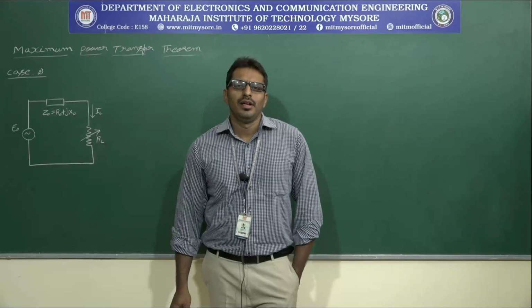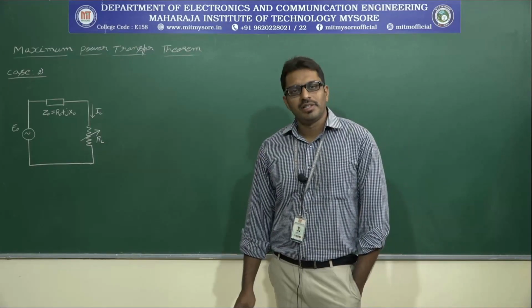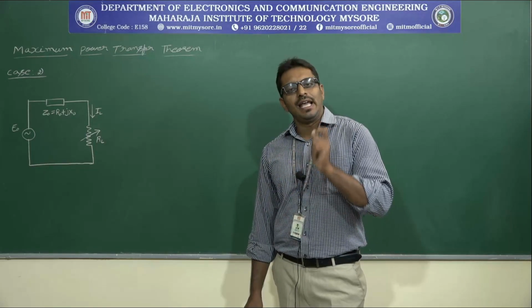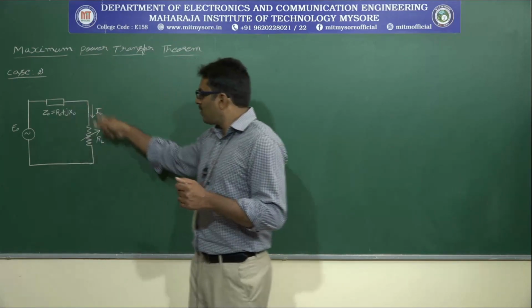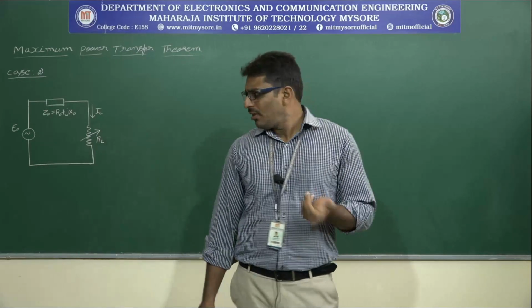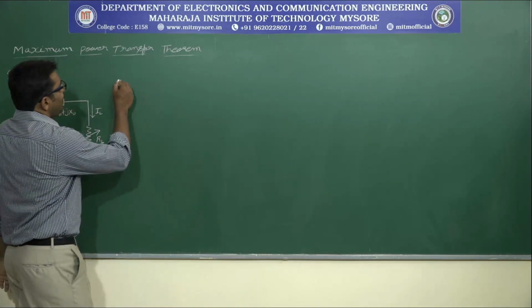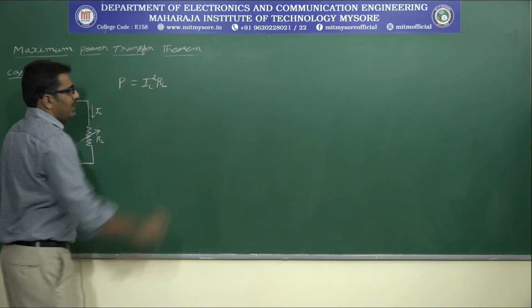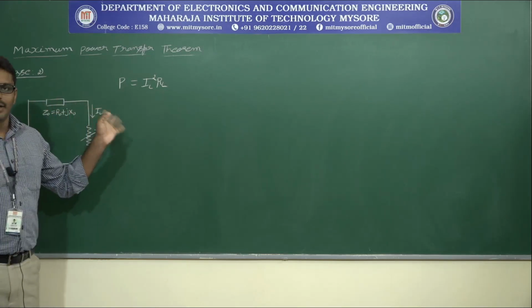Thank you. Okay, now let us move on to case 2. Again, we need to derive the condition to transfer maximum power from source to load when the source is an AC source with internal impedance Z0 connected across a variable load resistance RL. Is that clear? Once again, the same procedure. What is the formula to calculate the power? P is equal to IL square into RL. I am writing it directly because a similar topic was already discussed.